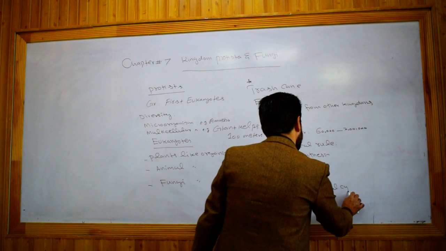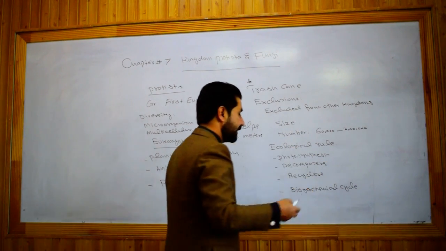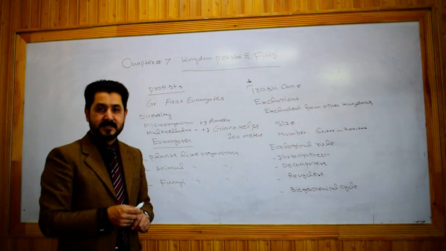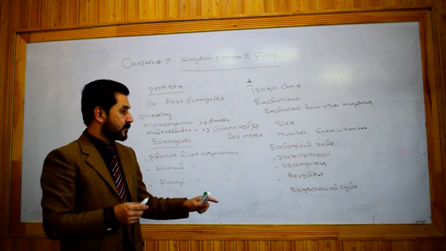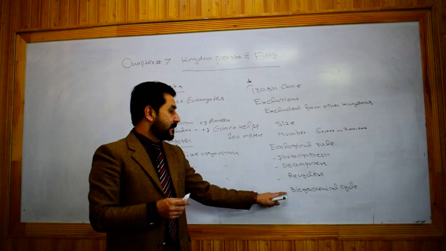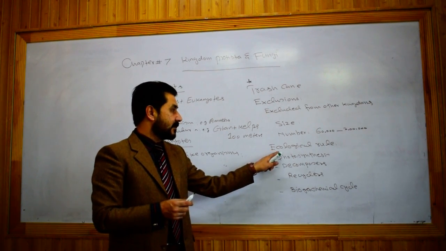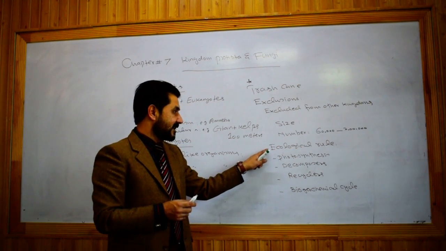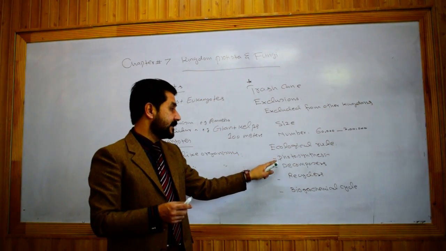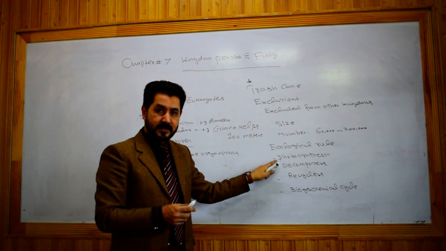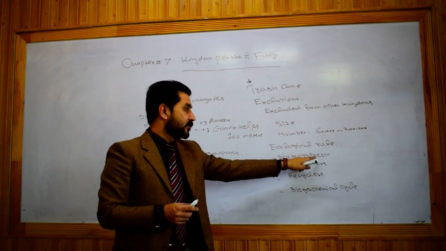Biogeochemical cycles, that is different nutrient cycles. There is a carbon cycle, nitrogen cycle, sulfur cycle, phosphorus cycles. So they play an important role in these ecological processes. This is all about the ecological role of the kingdom Protista, that they are involved in photosynthesis to produce the